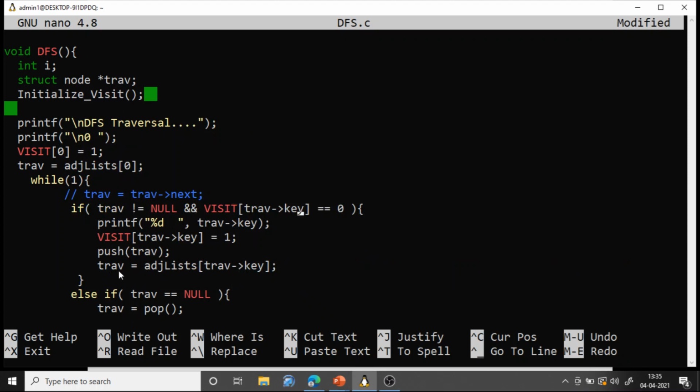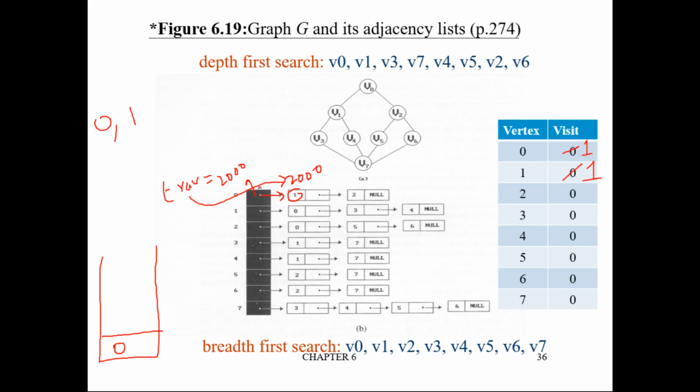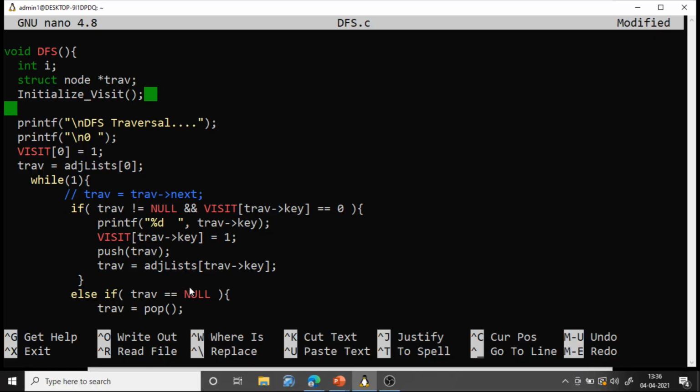Now traverse equal to adjacency list of traverse arrow key. What is traverse? Traverse is still pointing to this node only, even though you have pushed. We have not made anything null. So traverse is pointing to this particular node. Now traverse is equal to adjacency list of traverse arrow key.